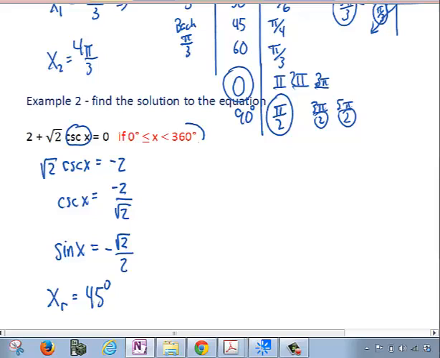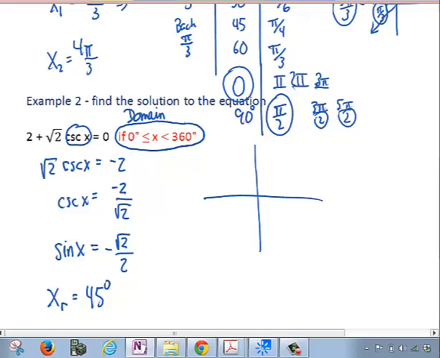Another thing to point out, how do I know to use degrees or radians? It's all in this domain statement. This domain statement says what the angle should be in. Should it be in degrees or radians, and from what values am I looking? So this is saying one full clockwise rotation, one full positive counterclockwise rotation, and that's where I should find those angles. So now that I know my reference angle is 45, I'm going to draw up my coordinate system,